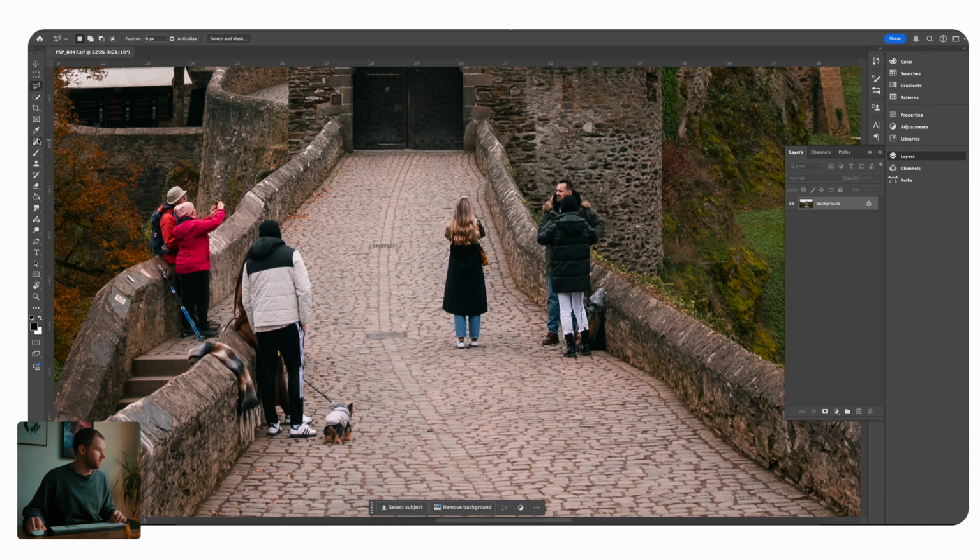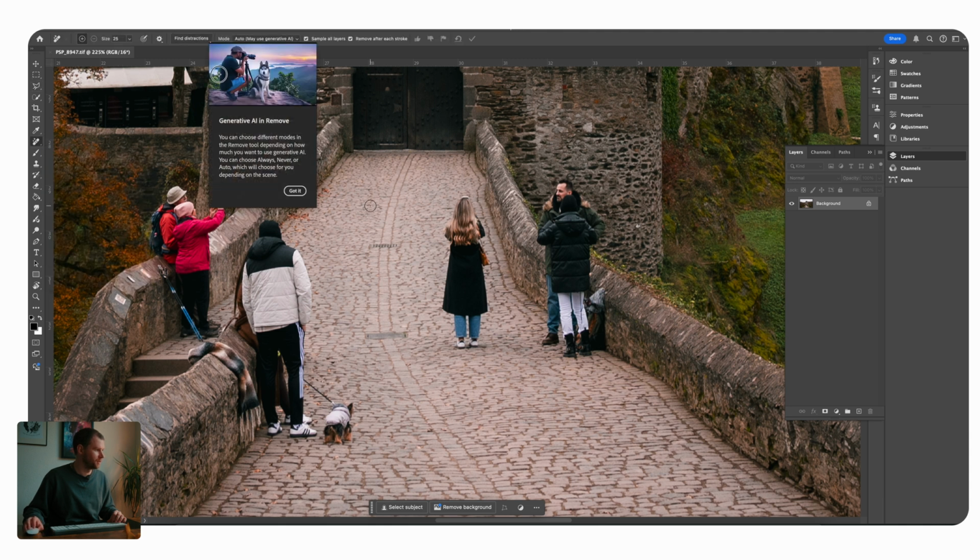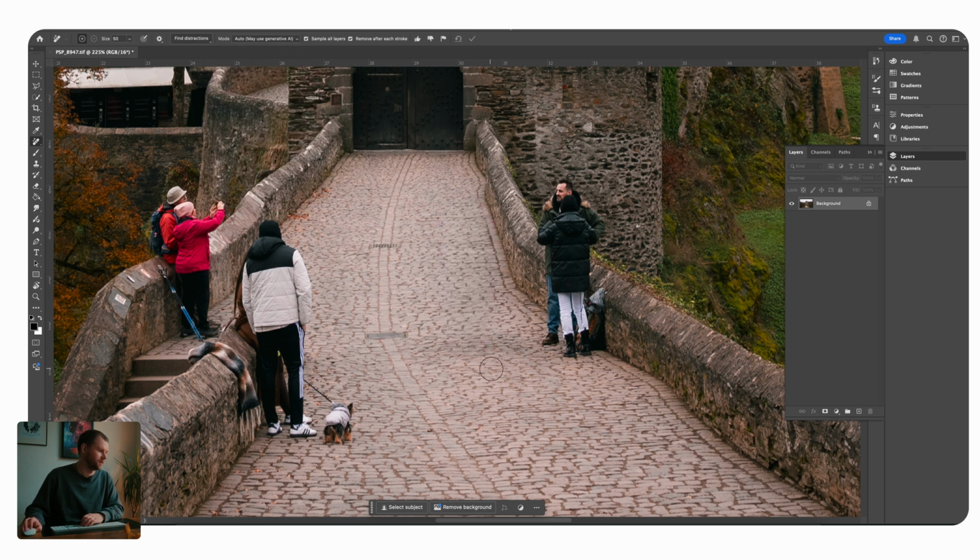You can simply use this generative remove tool, which is very good when the pattern behind isn't so complicated. So you can just literally paint out this lady here. And you can see it's very, very good. But for things like these walls, sometimes it struggles a little bit with that. So what I like to do with this is just create a quick marquee selection here, and then generative fill,